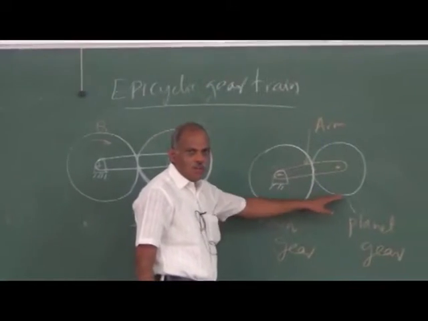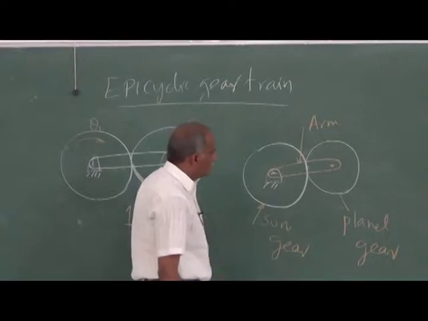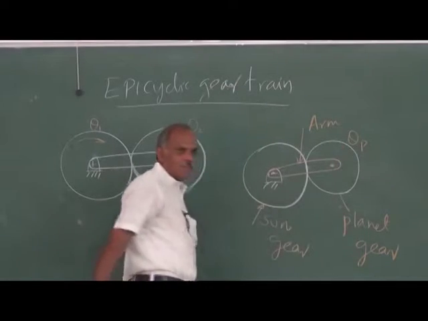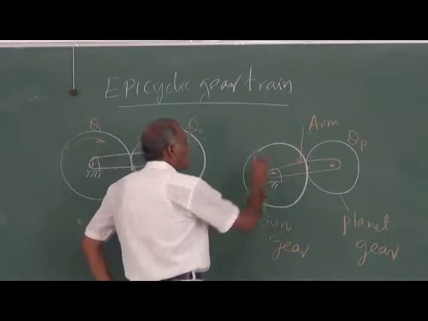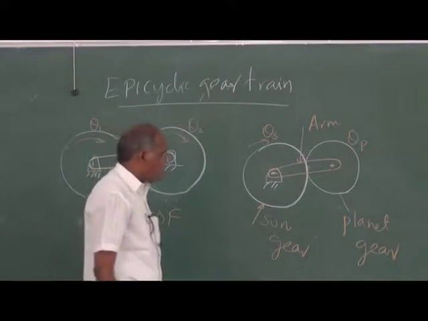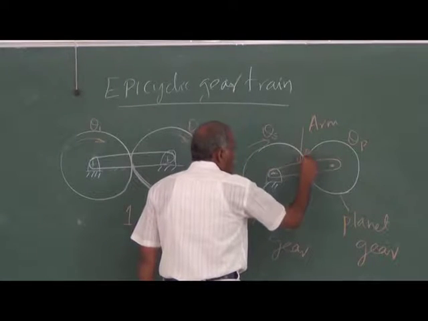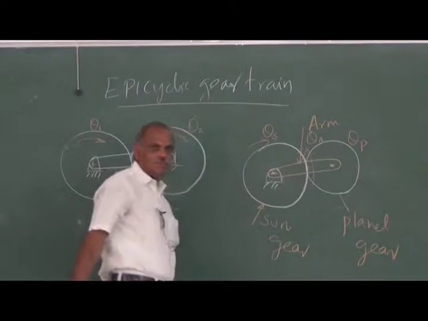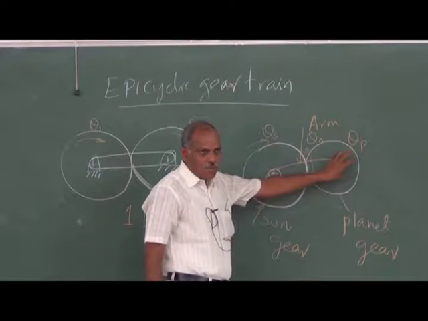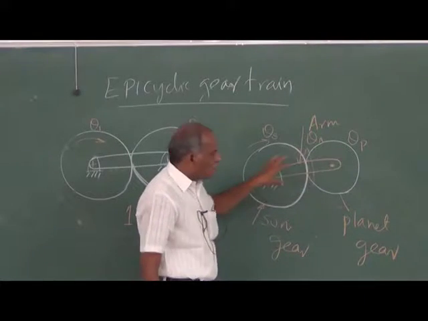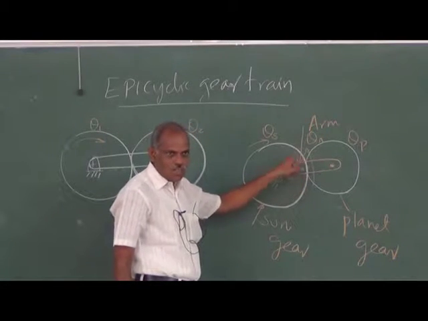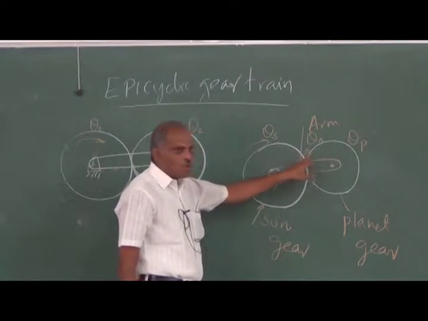Whereas if you think of epicyclic gear, the output motion of the planet, theta p, is decided by the input motion of the sun as well as the input motion of the arm. So the output motion is taken from the planet gear. Then the motion is not only decided by the input motion that is given to the sun, it's also decided by the motion of the arm.